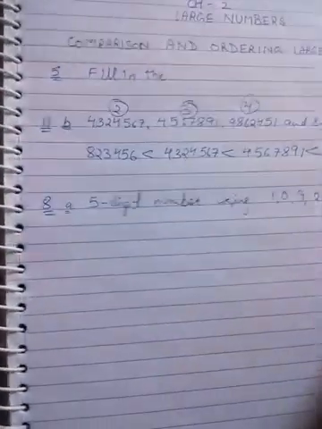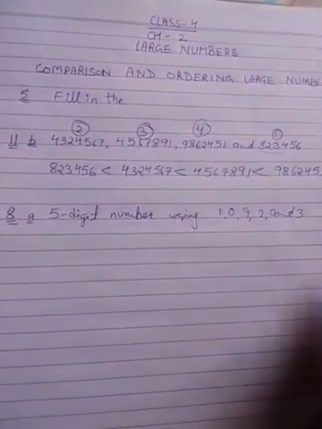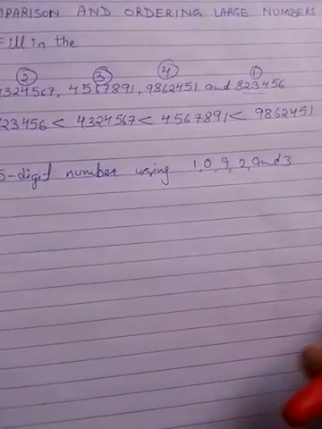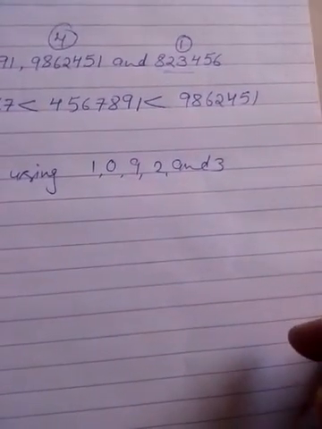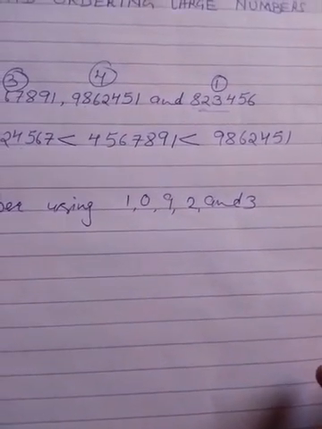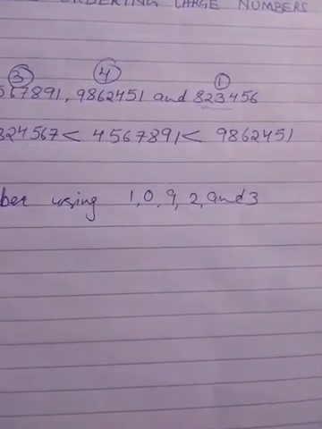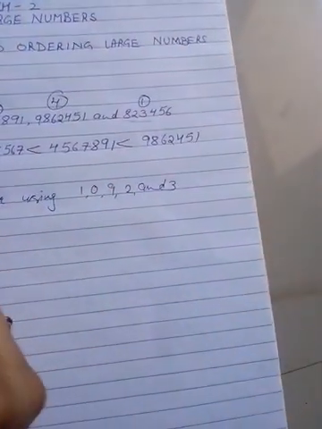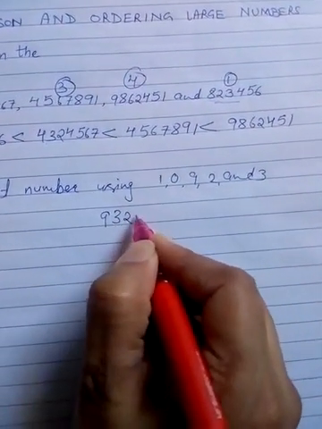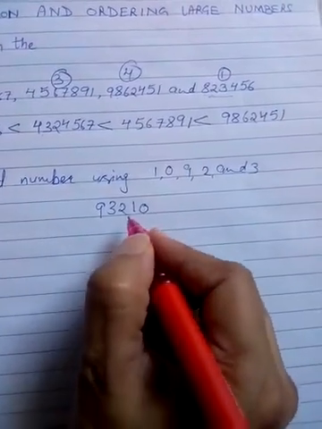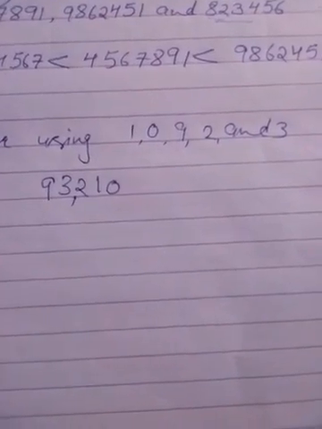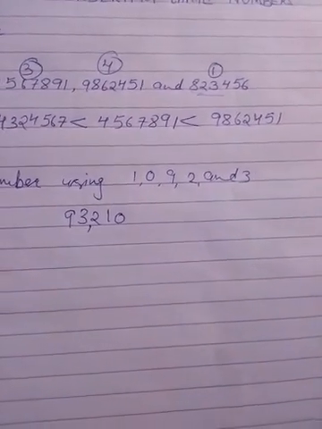As I told you, for the formation of the greatest number, we have to arrange the given digits in the descending order, decreasing order. Whatever digits have been given to you, you just write them in decreasing order, like 9, 3, 2, 1, 0. Only 5 digits. That means 93,210. But what happens if you have to